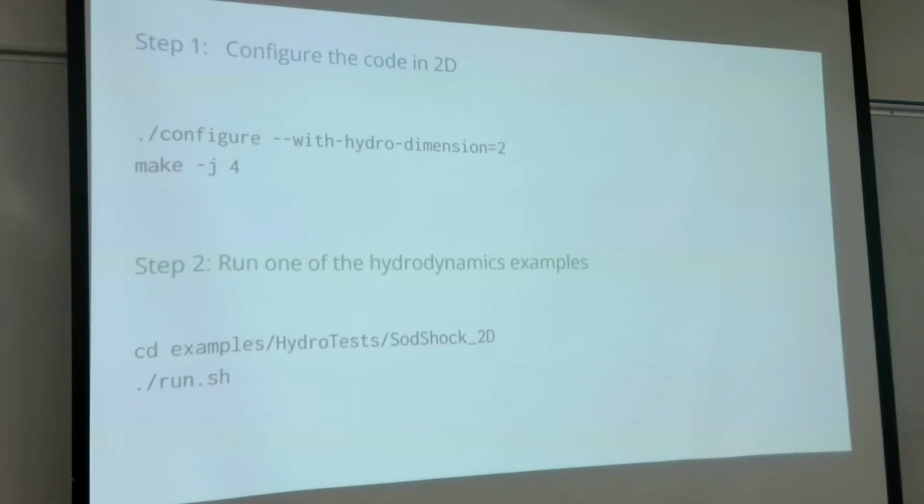Okay, right. If you look into the run.sh, it does multiple things. First, it creates initial conditions, then it runs the code, and then it runs a script that makes the plot. So if you do less on run.sh,